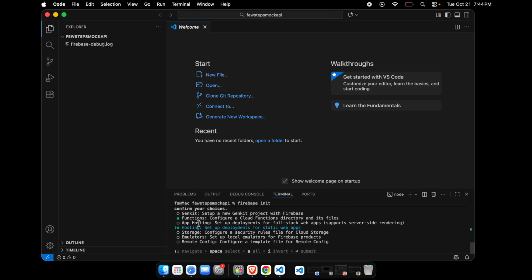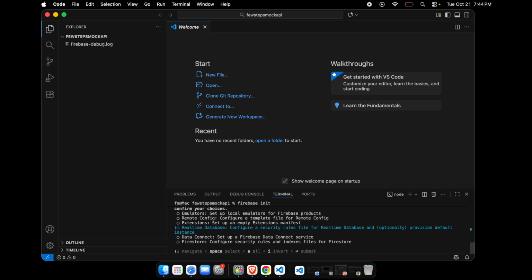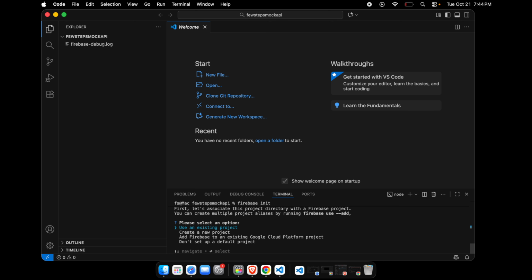So I choose two options, function and hosting. Function is used for configuring a cloud function directly and its files, and hosting is used to set up deployments for static web pages. So these two options are what I'm going to choose, and once we are happy, then we have to press the enter key. So I'm going to press the enter key, and very shortly it is asking to choose a project,